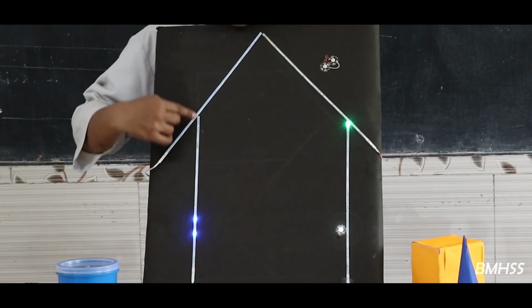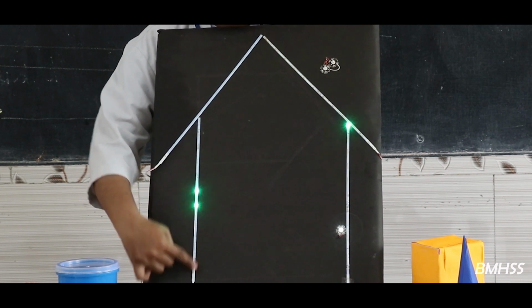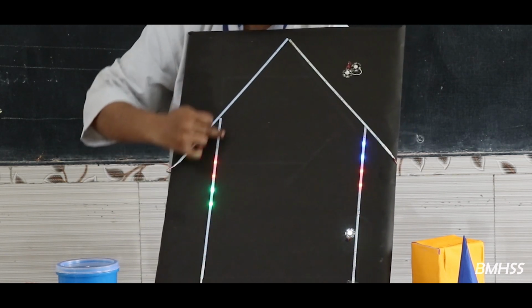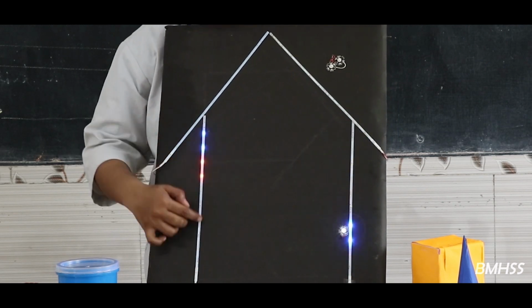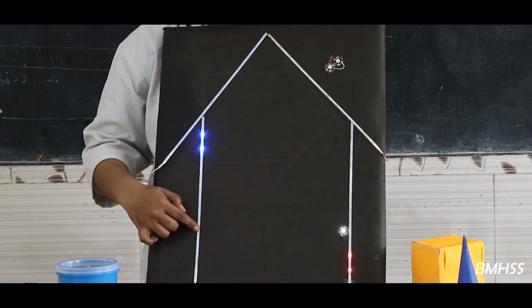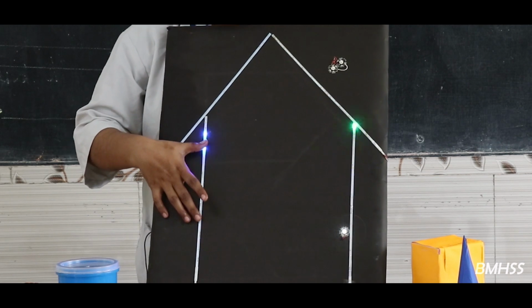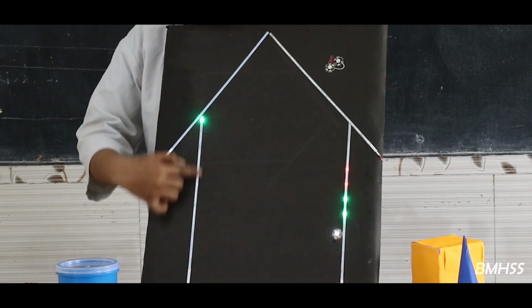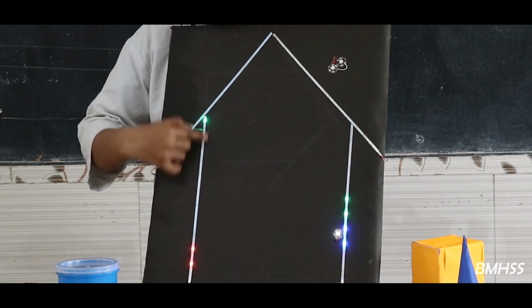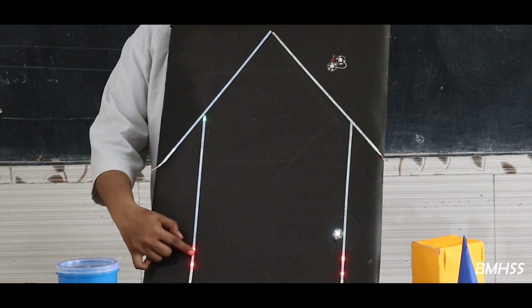So now see children, the light is glowing in a vertical position. So this side and this side. So this is known as vertical line or standing line. Can you see this line is standing? When we stand also, we look like this line. Okay children, so this is known as standing line or vertical line.